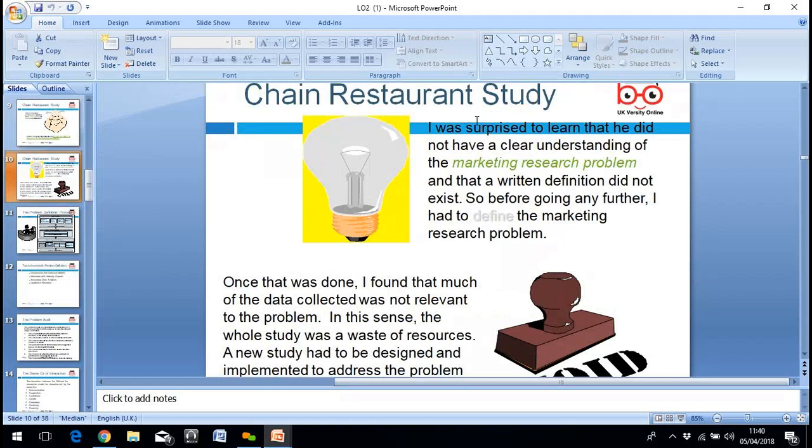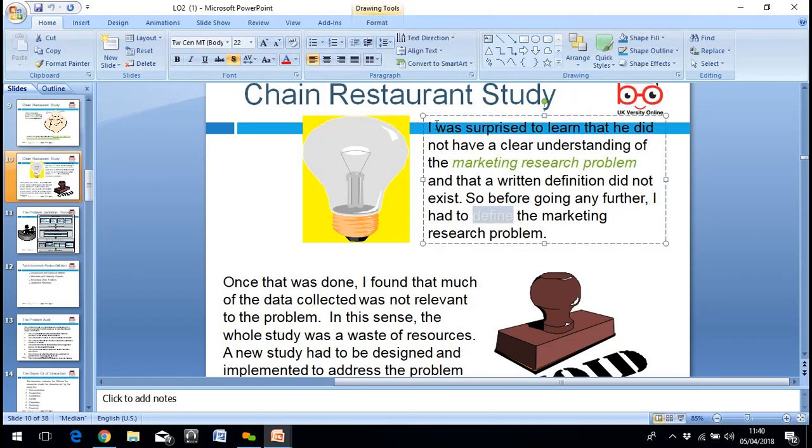Again, he was surprised to learn that he did not have a clear understanding of the marketing research problem. As I said before, this is an example, so forget the marketing, just say the research problem. It's something that you know something about, and you want to research it to find out if it can be improved or made better. And that written definition didn't exist, therefore, going any further, I had to define